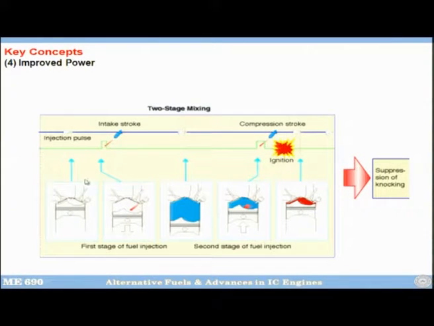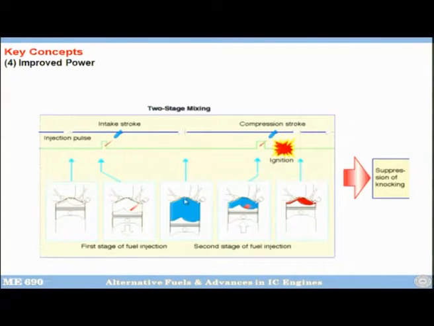So, this cartoon actually shows it very well. You see, this is the intake stroke from here to here. Okay. So, the piston starts moving down, and once it is moving down, you give a small pulse, because here only 1/4 of the fuel needs to be injected. So, one small pulse to the injector, it is a solenoid injector, right. A pulse is given and this fuel comes in, the piston is still moving down, and at the end of the intake stroke you will have some kind of a homogeneous mixture formation.